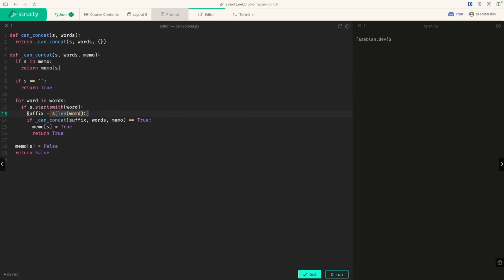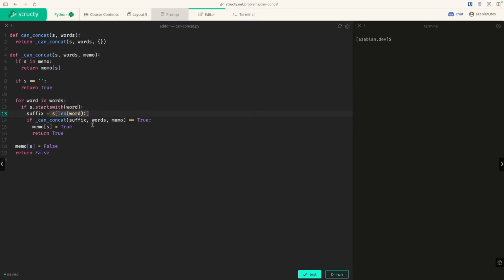Here we get the suffix or the remainder of our string, and we go ahead and pass that on into our recursive call here. That's how we're able to shrink the problem size. You should be able to note that doing the slice operation like this would run in linear time. So let's go ahead and work on this code a little more so we can get rid of this linear